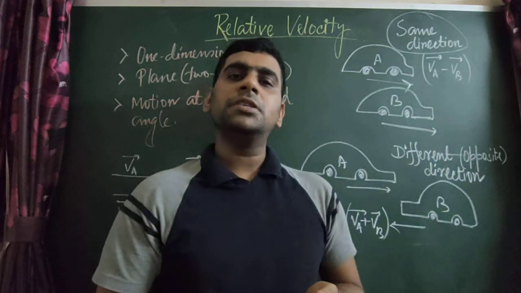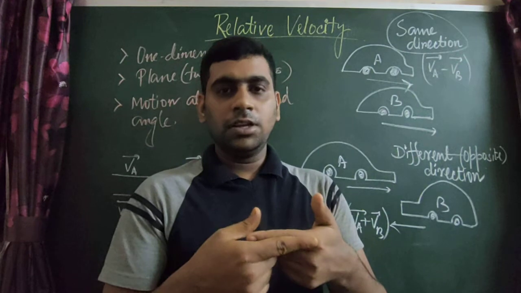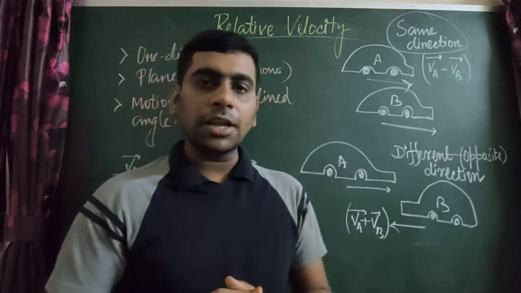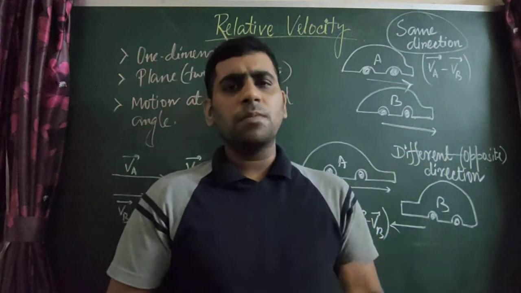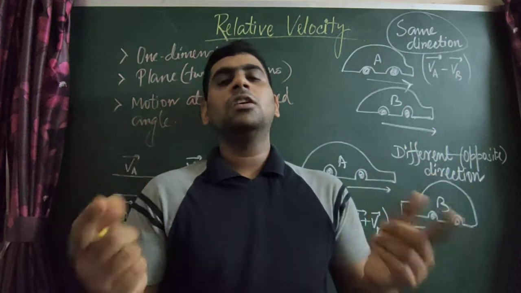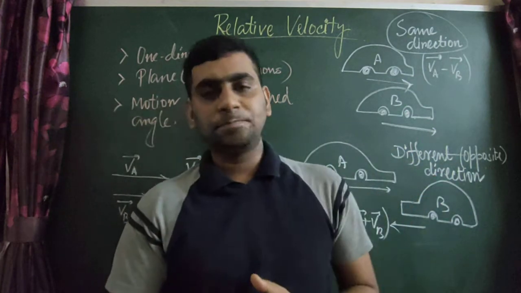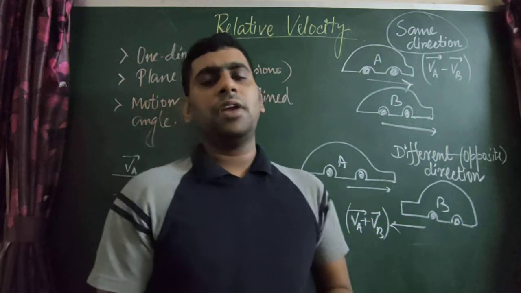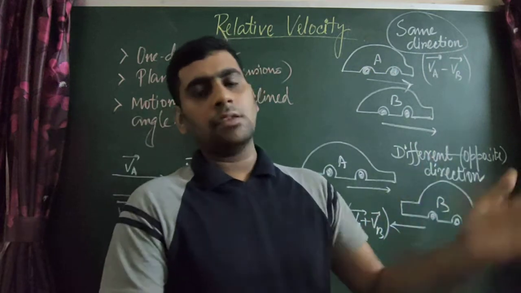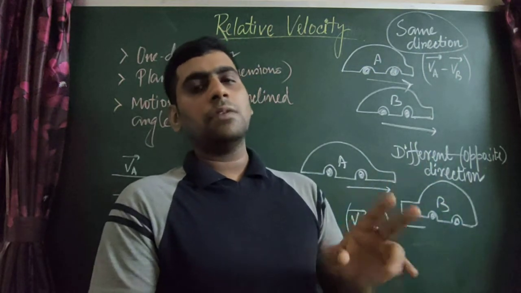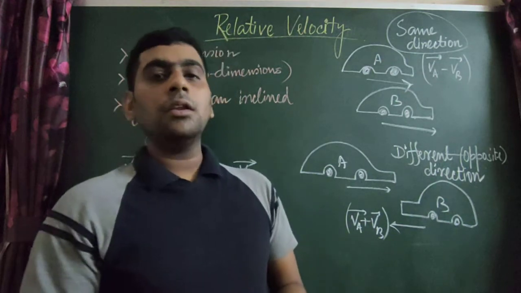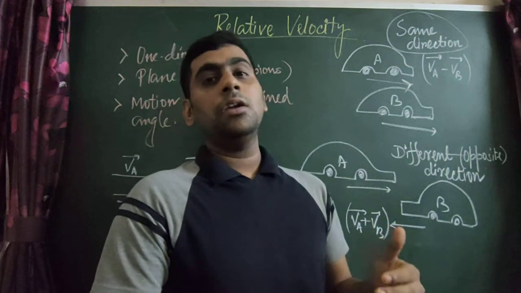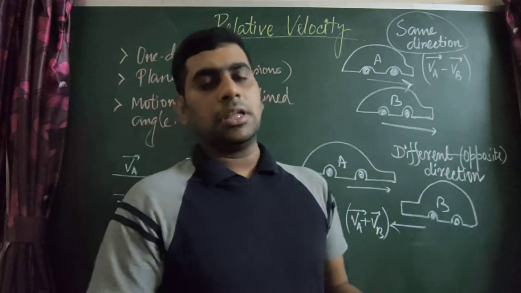The opposite happens when we cross each other, not in the same direction but in the opposite direction. The object moves with velocity 5 meter per second, and if I move with velocity 3 meter per second or 2 meter per second, whatever, then the relative velocity gets added. In our day-to-day life, you can see this when a bus is overtaking another bus: the relative velocity between the buses appears slow. But when they cross each other, the velocity of the buses appears larger than the normal velocity. That's why the velocity gets added.